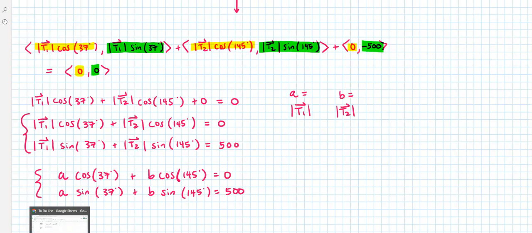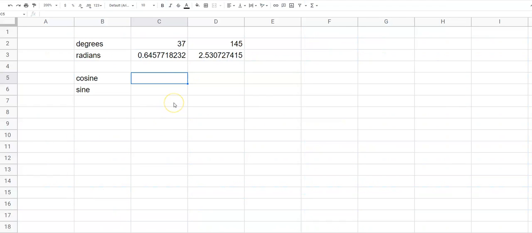The first one that I'm going to use is Google Sheets. Now, here in this Google Sheet, I've set up my two angles. The first one was 37 degrees, and the second one was 145 degrees. Now, I am required to change these into radians because in Google Sheets, when you do the cosine function and the sine function, it only accepts input values that are in radians. So I went ahead and I took my degree value and multiplied it by pi over 180